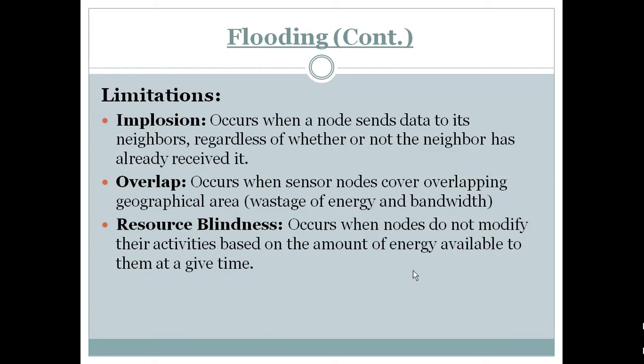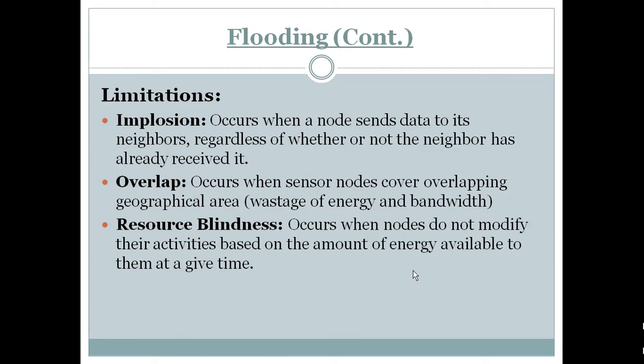You know, they are flooding the data irrelevantly, regardless of whether the neighbor has already received it, whether there is redundant data, whether multiple copies of data have been received by the destination. It is not taking care of all these activities. It is not being energy efficient. So what happens? It occurs when the activities are not being modified based on the amount of energy available